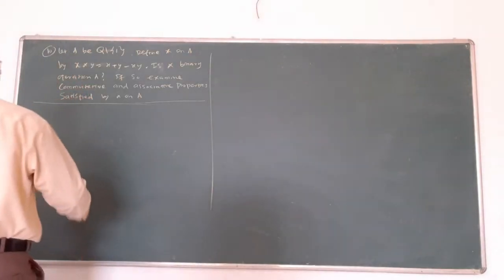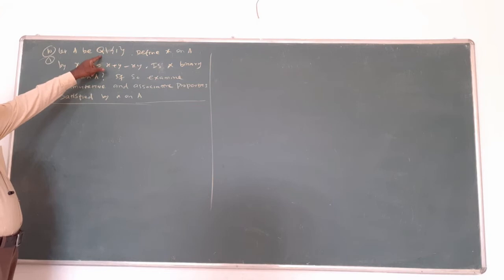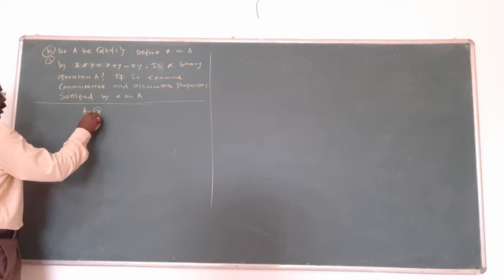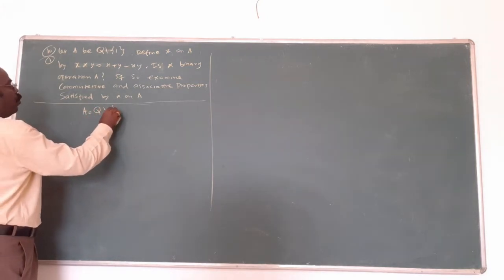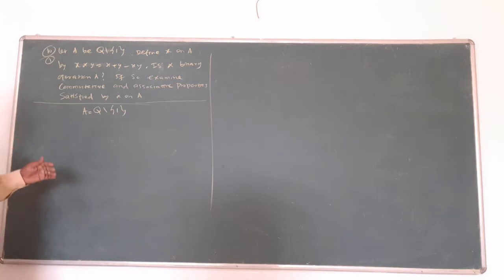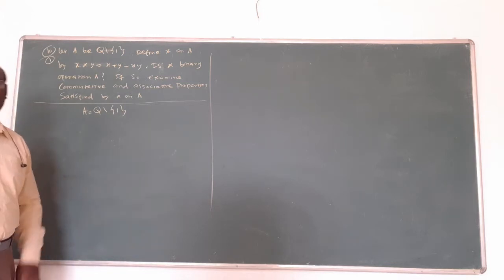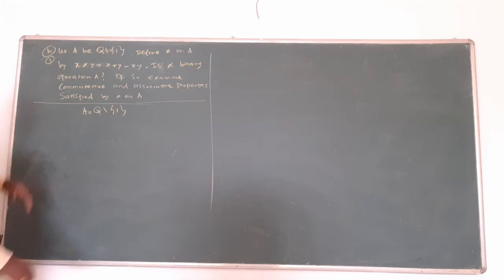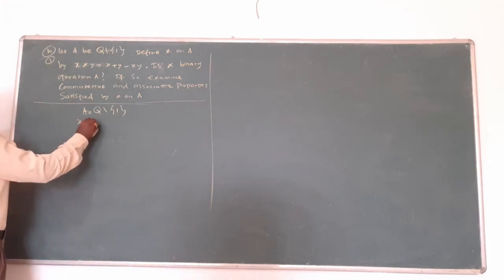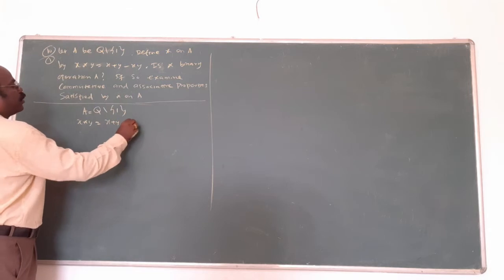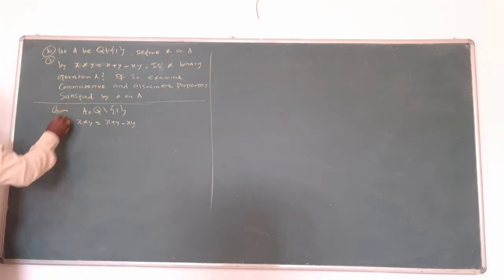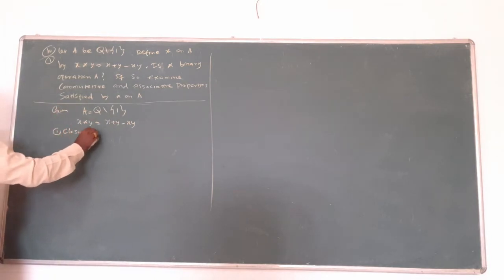Next question, 10th question, 10th subdivision 1. Let A be Q except 1. That is, A equals the set of all rational numbers except 1. You assume some element, and that element is not equal to 1. Except 1, the remaining elements are there. Understand what is given? x star y equal to x plus y minus xy is given. First one is the closure property.